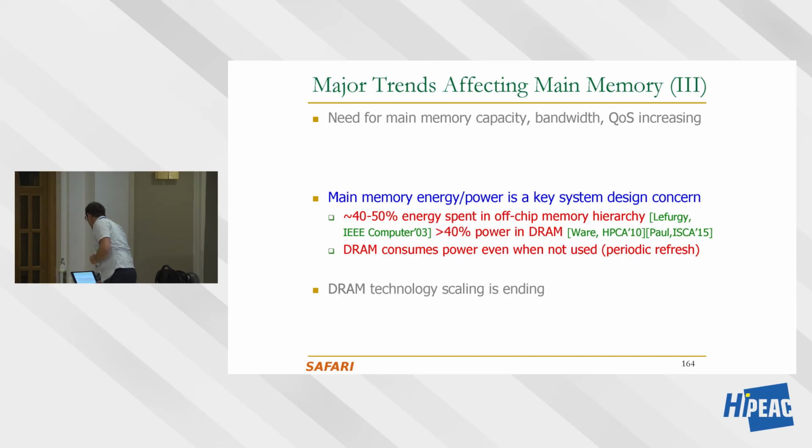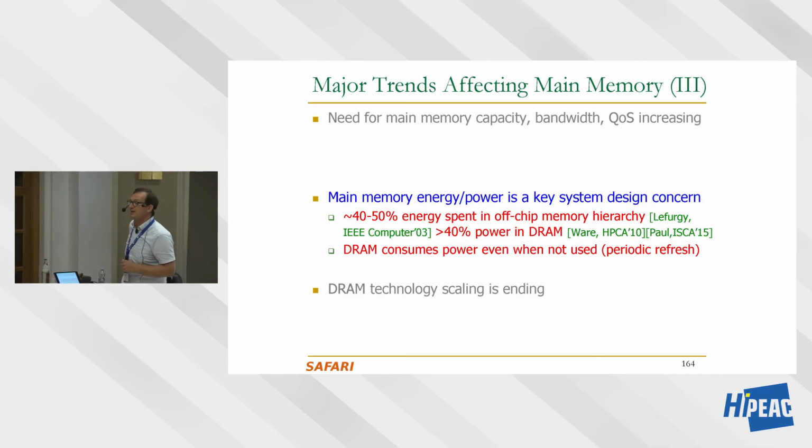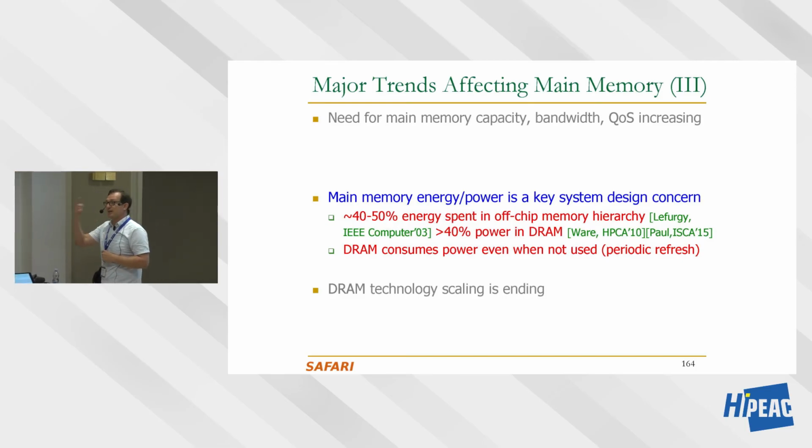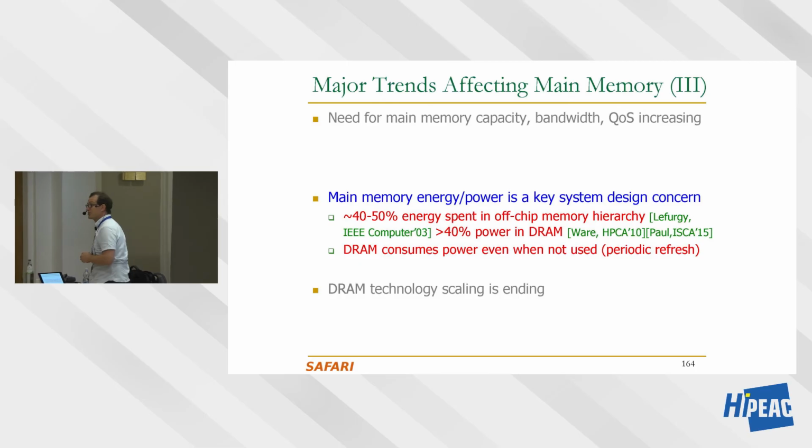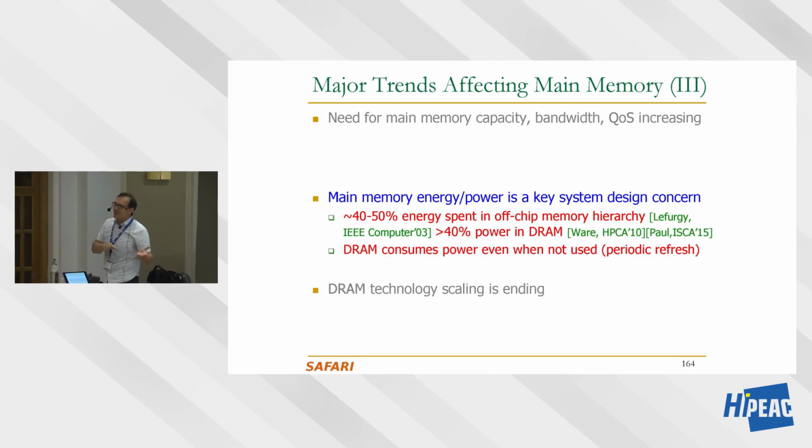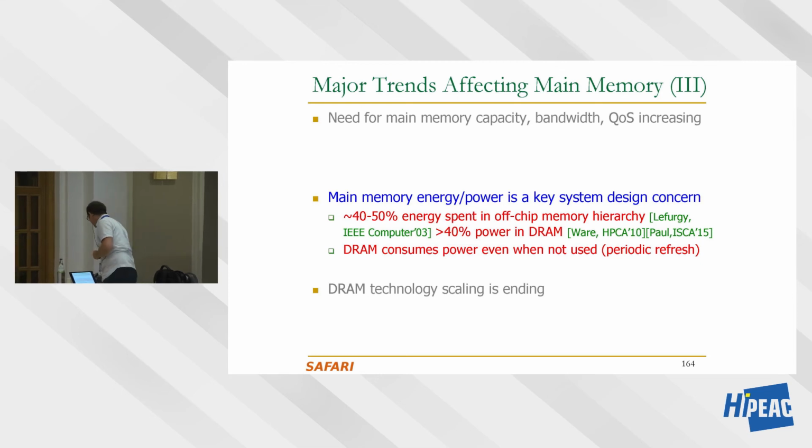In GPUs, again, 2010, 2015, more than 40% of the system power is in DRAM. And one of the issues with DRAM is it consumes power even when it's not used. The cell phone in my pocket right now is consuming power in memory because it's refreshing the memory, because of its dynamic nature. In past incarnations of this course, we used to talk a lot about refresh. Probably we're not going to talk a lot about refresh this time, even though it's still important.